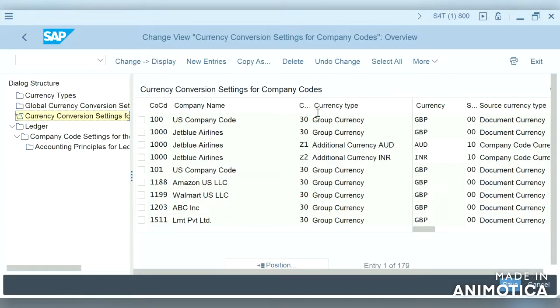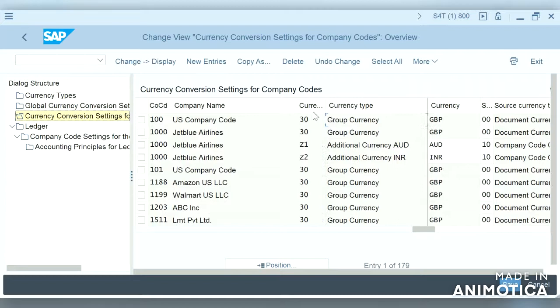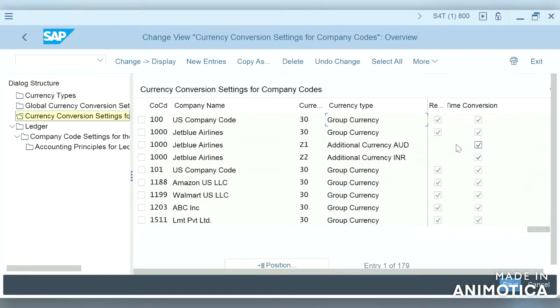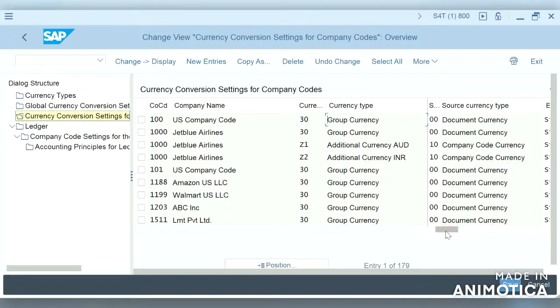So these are the company codes, and this is the currency type and what currency it is, and source currency type, real-time conversion. So if there is any conversion required while posting the ledgers, we need to maintain the configuration here.